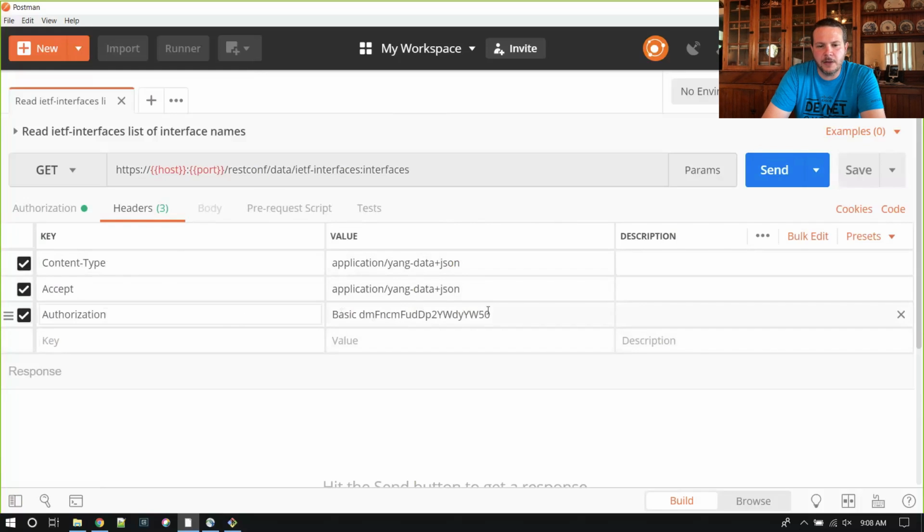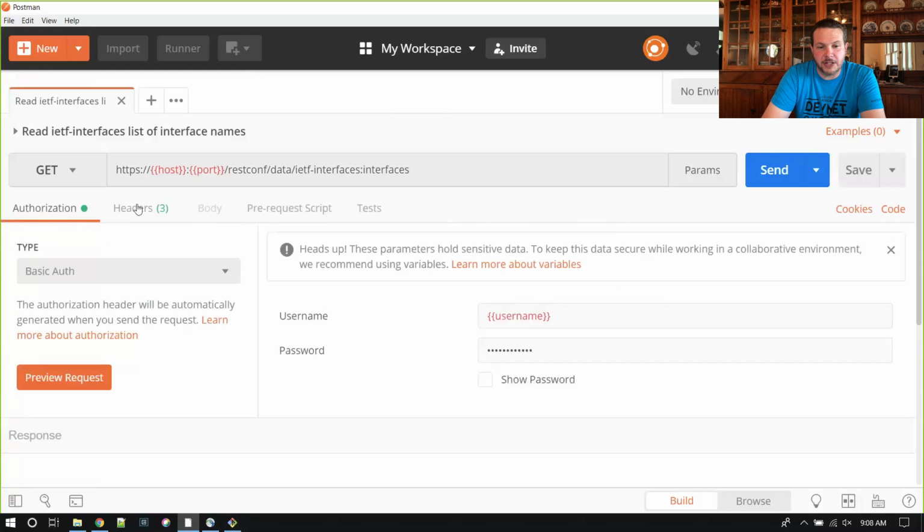And so the way that we get this type of information, and actually the authorization header is built based on this authorization tab. So we can see it says basic auth and it needs a variable for username. And if I show the password, you can see it's a variable for password. One of the other really handy features for Postman is this concept called environments. And what environments are, gives you the ability to save variables that can be used inside of these types of